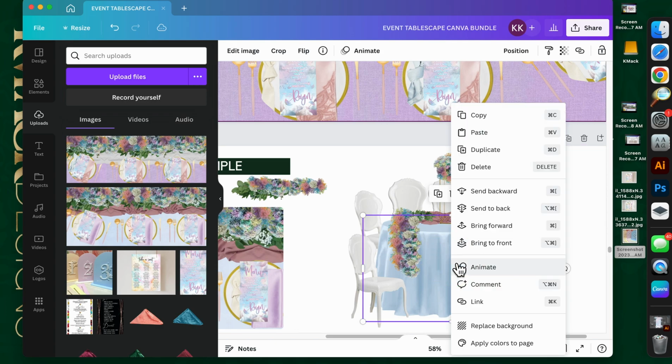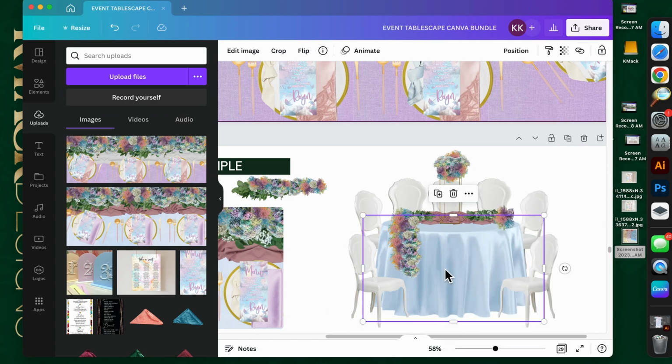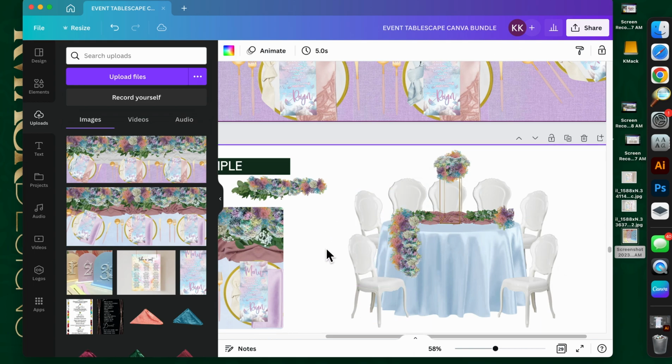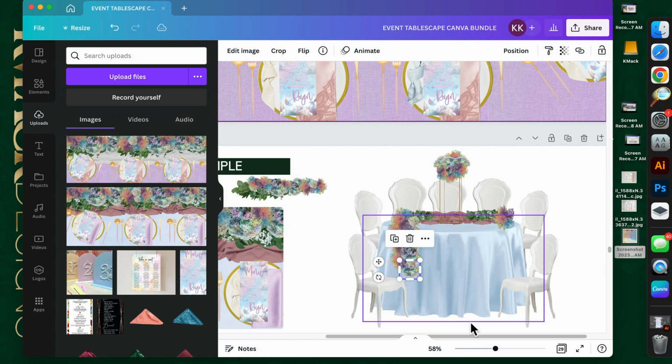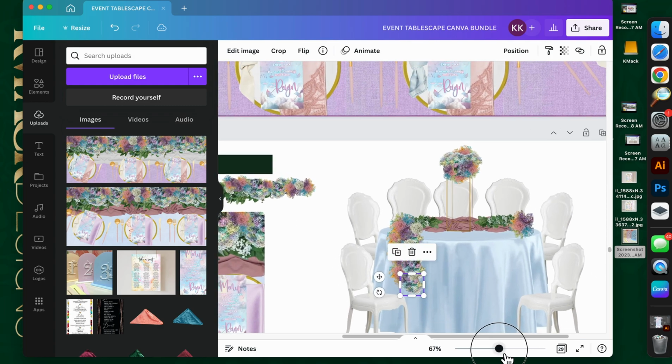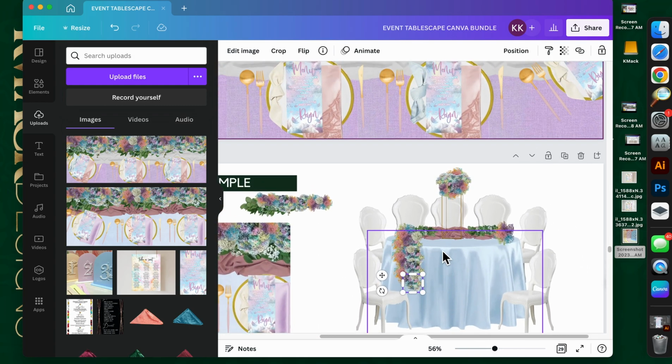So that's how I would do it if I was hanging them down, but I don't feel like doing it on the other side. But that's a cool option. I am going to leave it there just for one. And then I'm going to just add